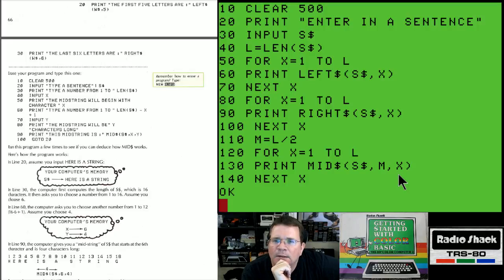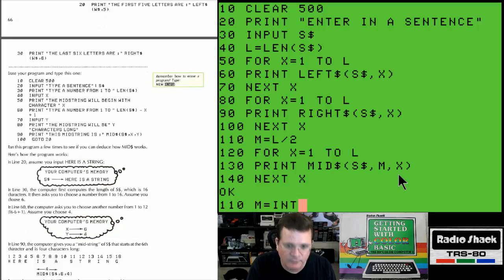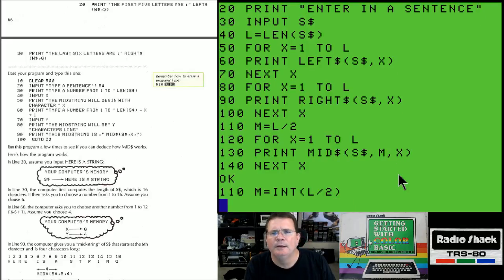So I'm basically trying to estimate the middle, and we're going to do an integer of that. So we're going to say middle equals the integer, meaning it's rounded to the whole value, of length divided by 2. I think BASIC will round that. So now for x equals 1 to the length, print the mid string starting in 2, and then go off. Oh, because,